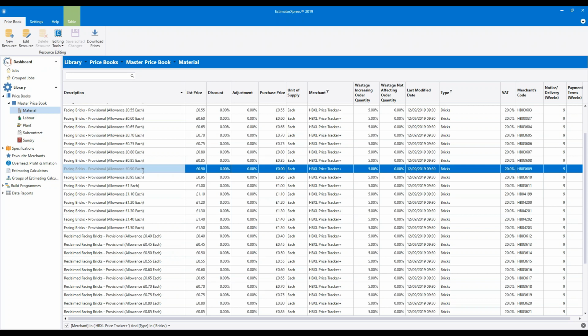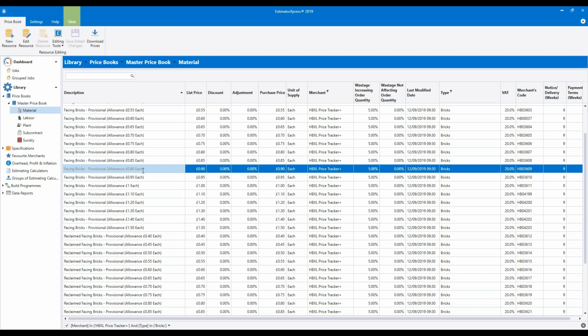You need to know what the product's called. You need to know how much it costs. And crucially, you need to know how it's supplied, or the unit of supply. So do you buy them individually, or each? Do you buy it by the metre, square metre, the roll, and so on? For example, we're going to add an insulation product in a moment. If you're adding a type of insulation, you'd need to know if it's a sheet product. If it was Celotex or Kingspan, you'd be buying it by the sheet, wouldn't you? But if it were a cavity wall insulation, that's often bought by the pack. So you would say the unit of supply is a pack.